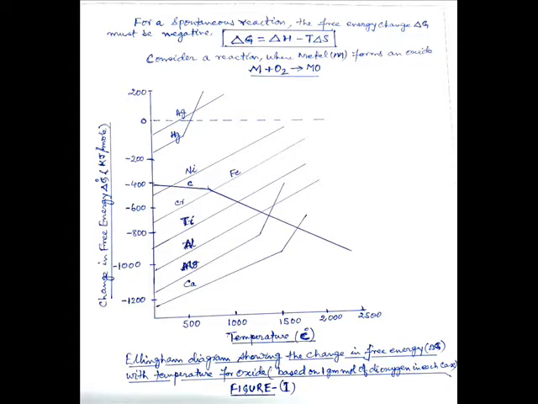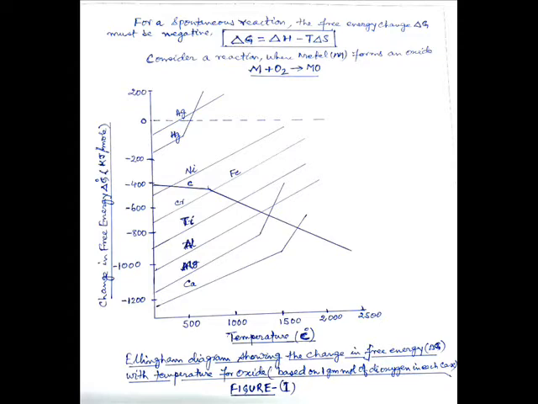Now the following are the important features of the Ellingham diagram. Concentrate on figure 1 and try to understand it. The first point is that in the graph for metal to metal oxide, all slopes are in the upward direction. You see that all slopes are upward because previously we noted that in the formation of metal oxide from metal, the free energy change increases with increase of temperature, as discussed above.